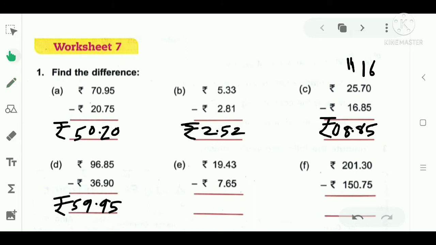Now students, I am doing E part. 3 minus 5 we can't subtract. Take borrow from here. So it becomes 13. 13 minus 5 is 8. Now students, here 3 left. We can't subtract 6 from 3. So take borrow from 9. So it becomes 13. 13 minus 6 is 7. Then point. Now students, 8 left here. So 8 minus 7 is 1 and 1 as it is we will write. So 11 rupees 78 paise is the correct answer. One question left students. Do this question yourself.